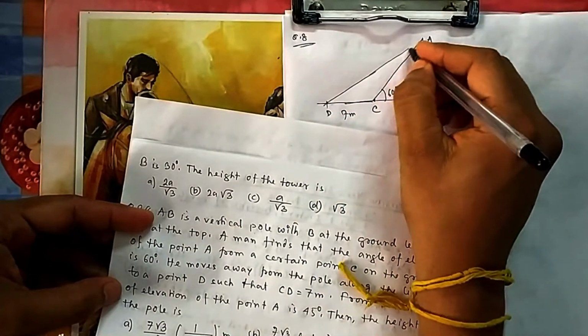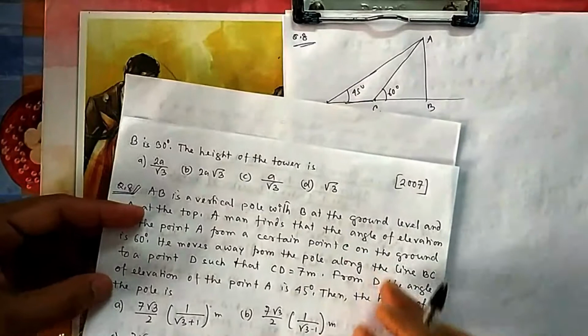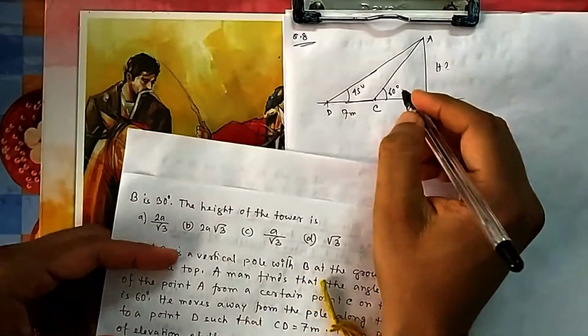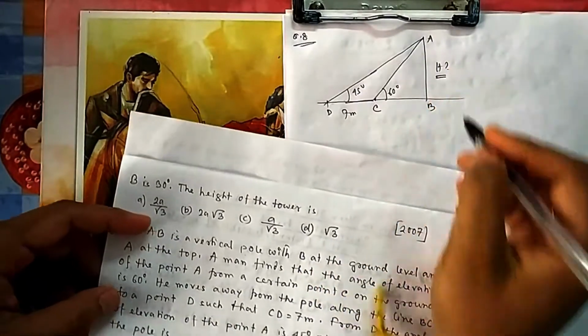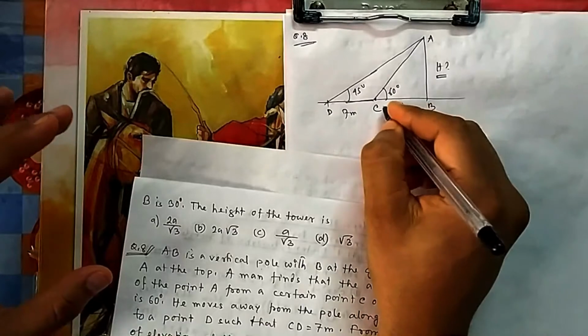So it is the same type of question. The earlier question was 60, 30, 30. 30 was a special case, a shortcut was there, but now you don't have the shortcut. So it is the same formula, the original thing that we have used. They have asked you to find the height of the pole. Earlier they asked you to find this one.